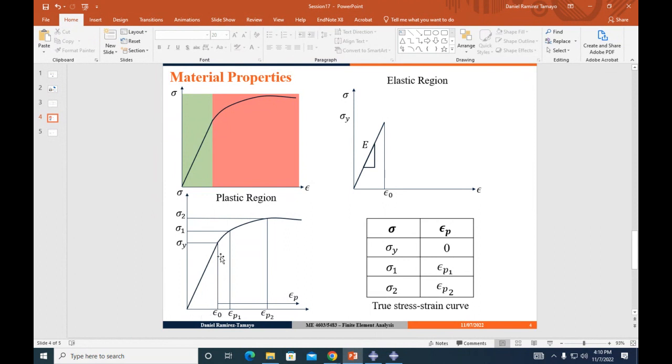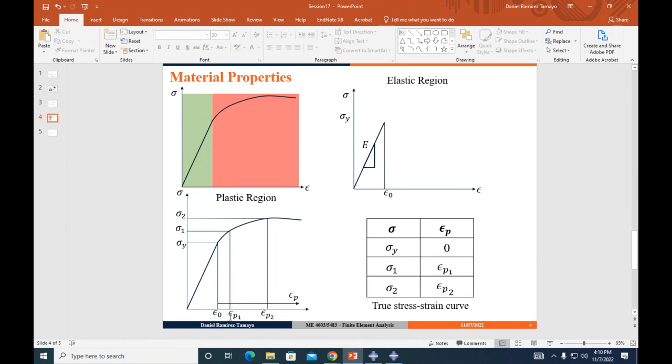What I'm going to do is create a new axis in here called plastic strain. And then I'm going to measure, for every single point of the plastic region for a given stress, what amount of plastic deformation I have.